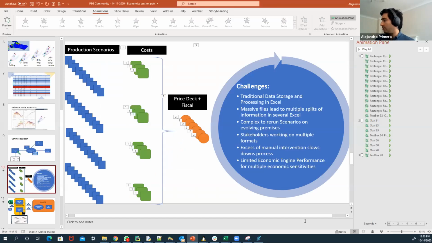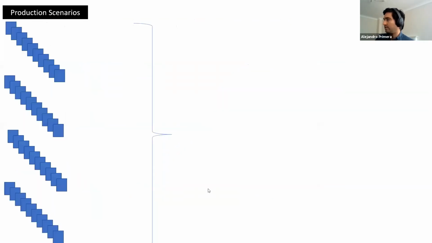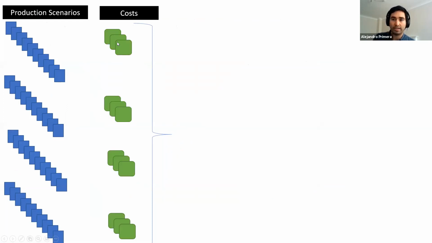But obviously the economist is only going to consume a few of those scenarios. Ideally, we'd like to see how every one of those scenarios would perform. And ideally, we would like to see different cost scenarios, because as we mentioned, we know that this platform was developed with an FPSO, but there are a few questions that we can ask. If we displace all these scenarios into the future and we try to make a decision of how to develop